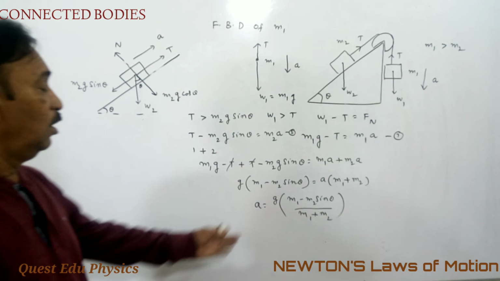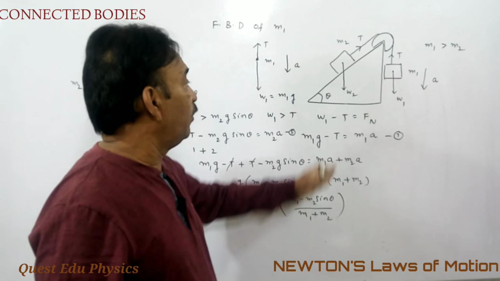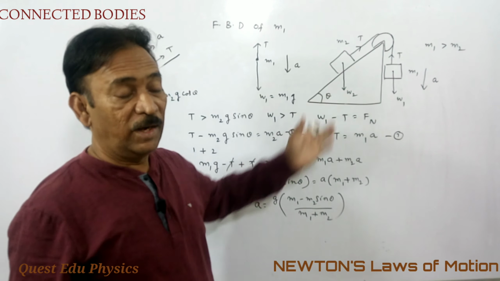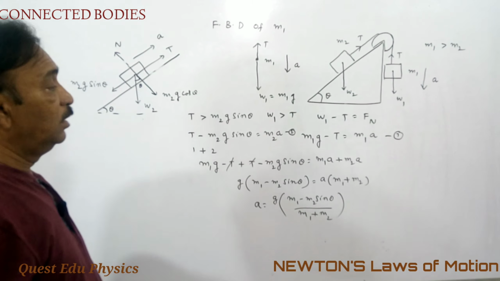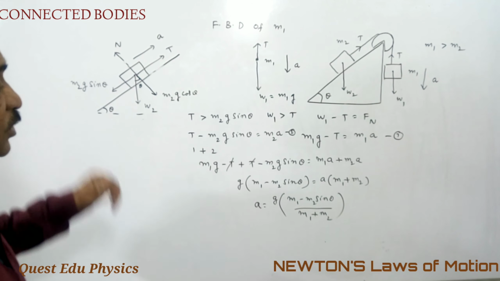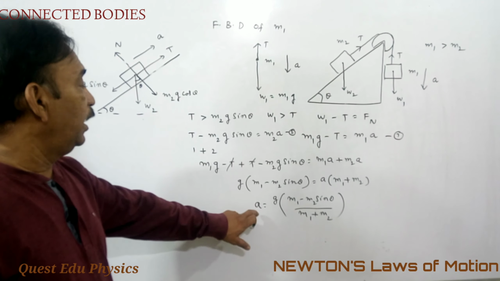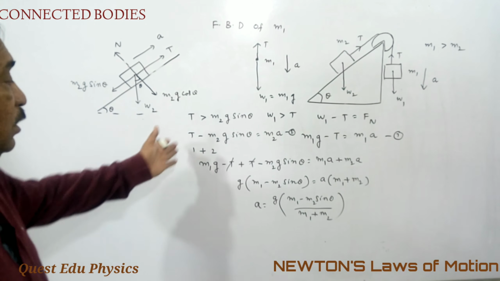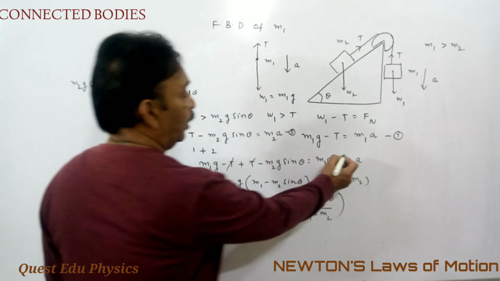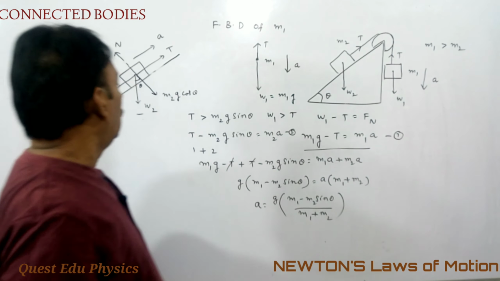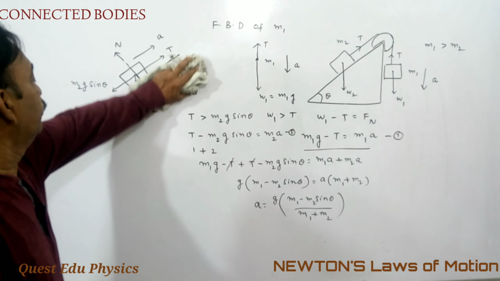Quickly, we will do a problem. Let's take theta as 30 and put the values M1 and M2 as 2 and 5, and we will get the acceleration very quickly. Okay, students? In the same way, we have to find out the tension. Okay? We have to substitute this value A in one of the equations. Either this or this. Okay, I'm taking this equation to find out the tension, students. Okay? See